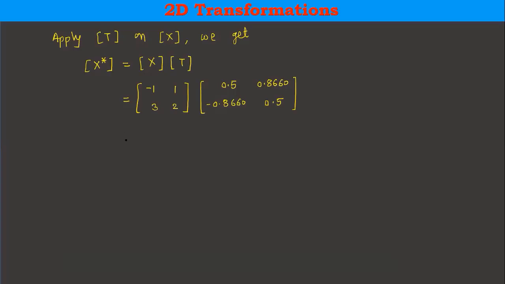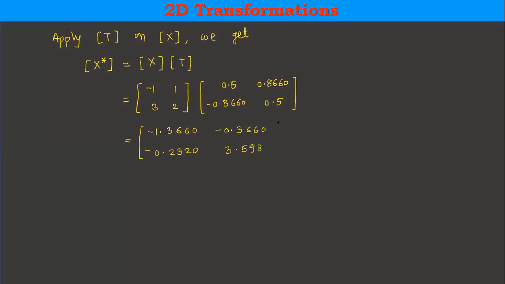See what the matrix multiplication is. The first entry we get, answer 1 1, means your resultant matrix, the multiplication of these two. So what will that be? Minus 1.3660. Then the next entry you can check, minus 0.3660. Okay, next entry is minus 0.2320, and then the next one 3.5980.